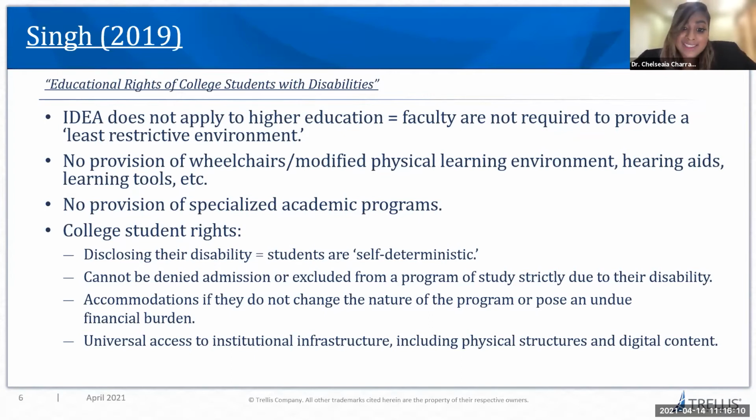Now, yes, that is not technically universal design for learning, but there are ways to make that possible. And as faculty, you can provide accommodations based on the support you get from student support services. Another thing that's really important that this article touched on is the disclosure of the disability. Students have the option of disclosing whether or not they have a disability. This can vary course by course, or they can go throughout the entire university degree program and not disclose their disability. It's totally up to them.